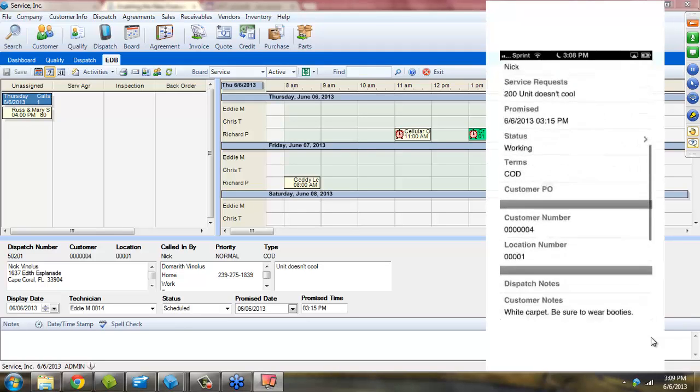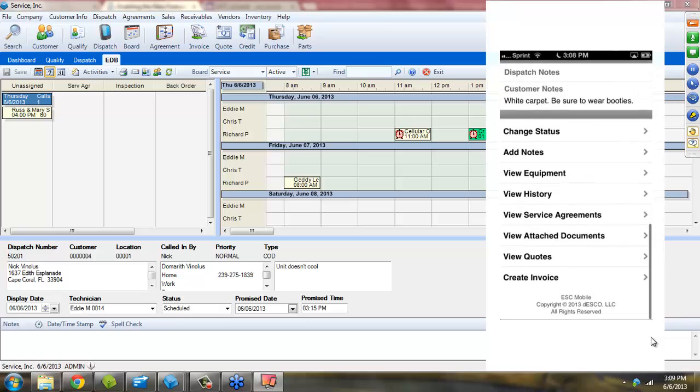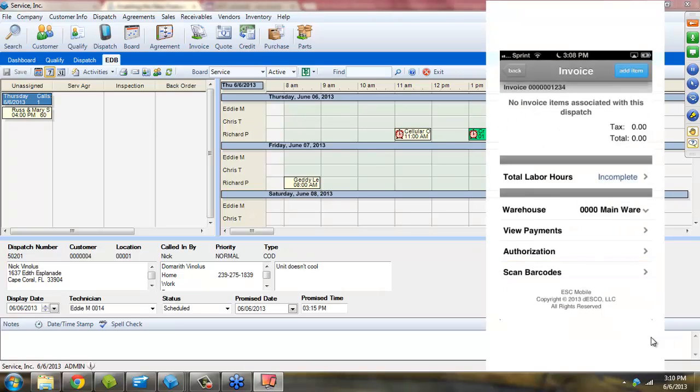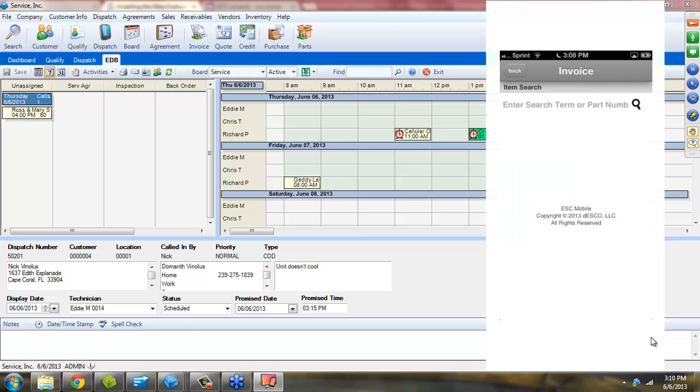And all the way down to the bottom, you're going to see we have an option to create an invoice. So I'm going to create the invoice. And this is going to bring up one of the first of the new features that I really want to show you, apart from the notifications, is we have the ability, when we're adding an item, to do a much